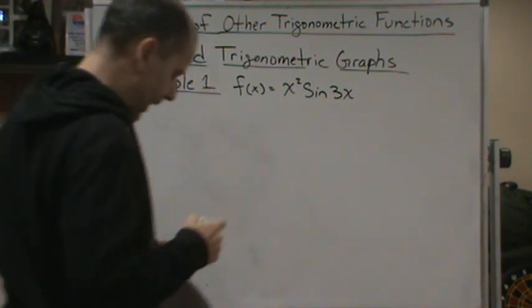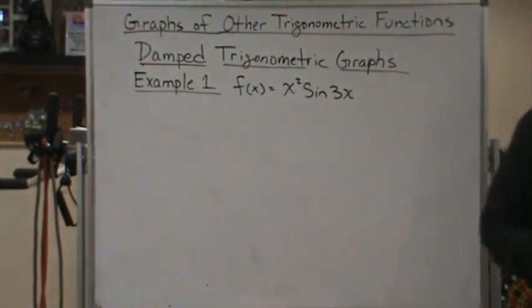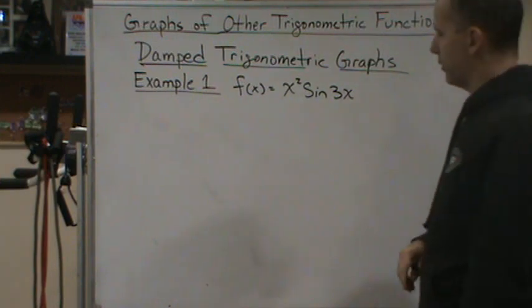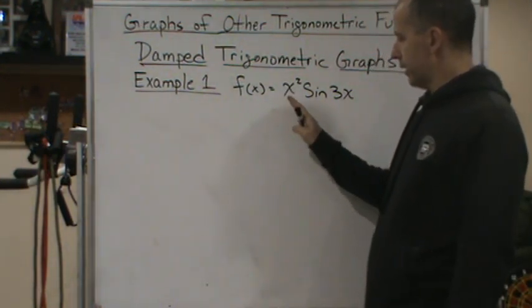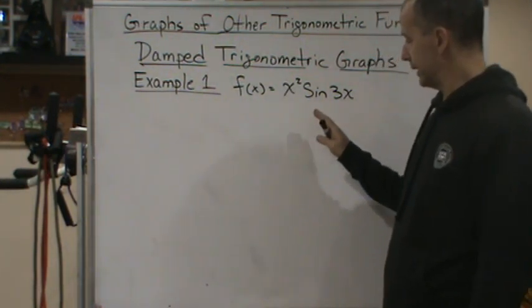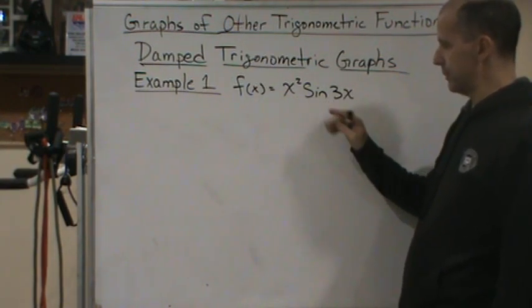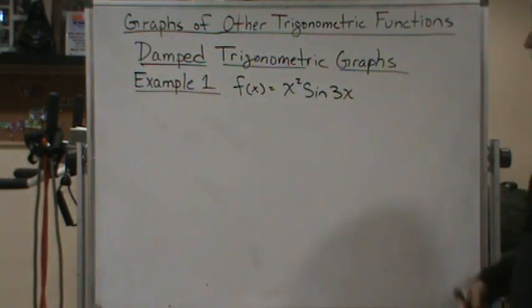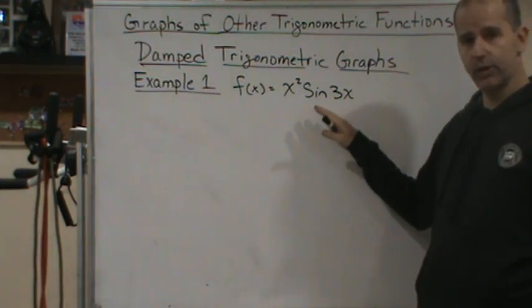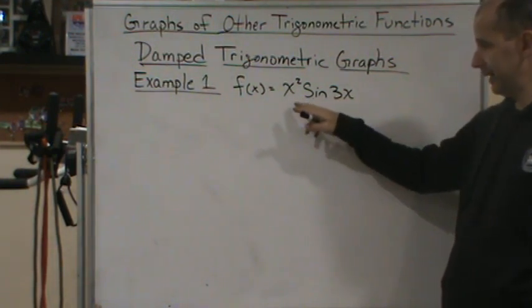All right, welcome back, and now we're going to do an example here. So this is another product of two functions. So let's look at this function. We have f of x equals x squared times sine of 3x. So the first thing we need to do is understand the behavior of each of these